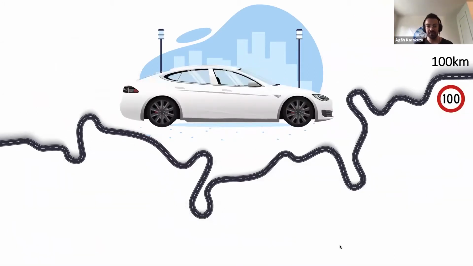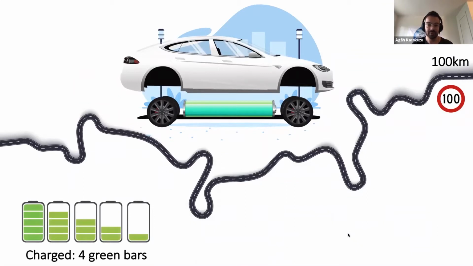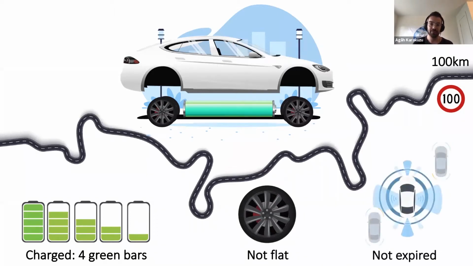And now imagine the same problem, but now you have a Tesla car. Obviously, you need to update your effective theory because there is almost nothing you should worry about under the hood. You have these 4 green bars on your battery indicator. I think it's more than enough for 100 kilometers. For the tire, 5 psi less or more is not relevant anymore. You coarse grain this feature into a binary parameter in this case. And if your autonomous driver license is still valid, you just sit back and arrive at your destination in 1 hour. So luxury is coarse-grained experience with a smaller number of relevant parameters.